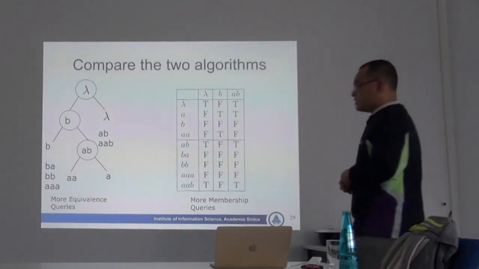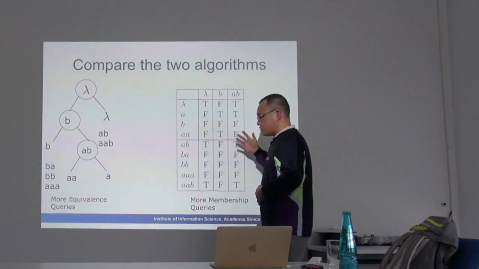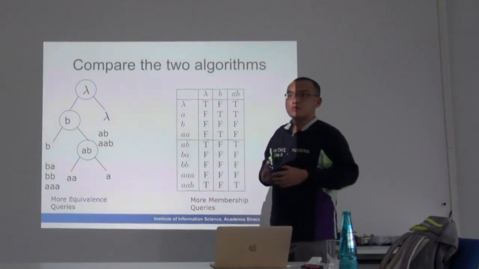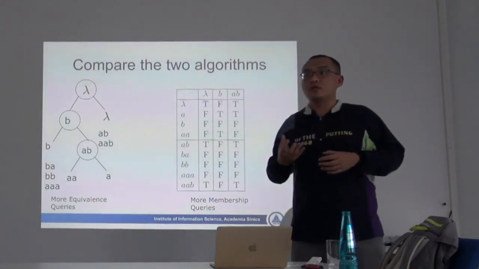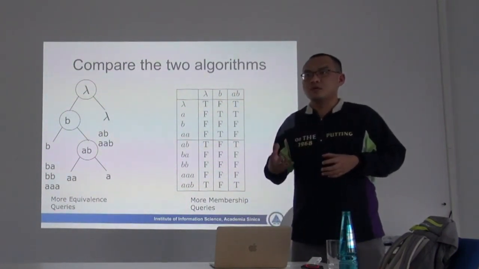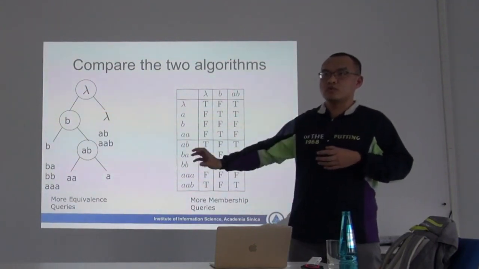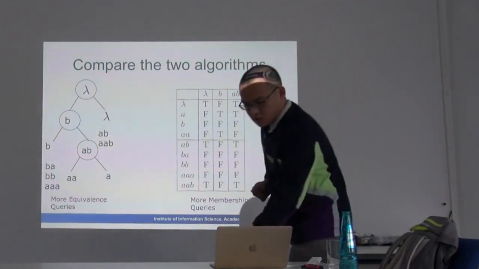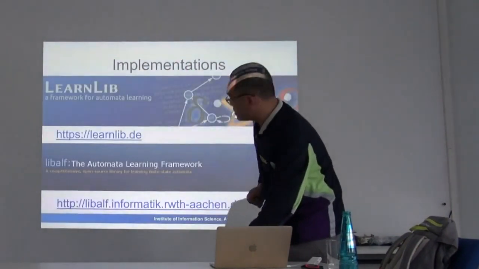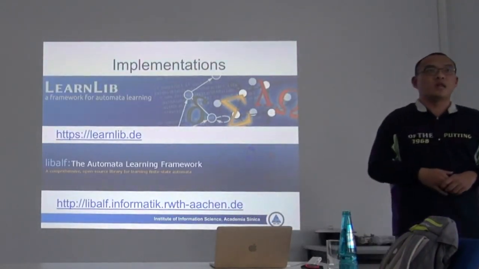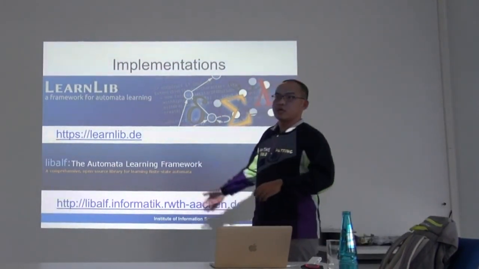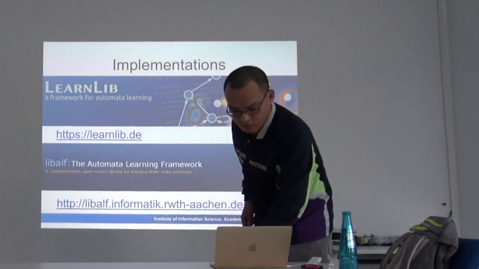For the case where you have thousands of states, I managed to learn it only for a black box system that is a program, so membership queries can be answered very quickly. Basically, I just run a program on the same computer. Any other factors, like going through a network, will slow it down. And there are publicly available libraries that are very mature already. I recommend these two tools for finite state automata learning.